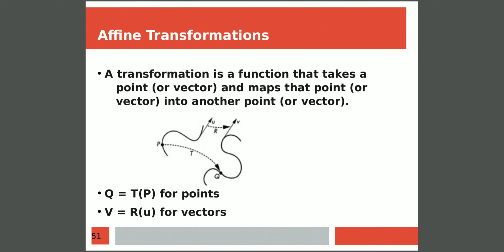In the same way, here we have considered a vector called U. A vector is nothing but a directed line segment. When we apply a transformation on U, we are going to get a new line segment V. Then how can we represent this? V equal to R of U. When we apply a transformation, that is R, on the vector U, then we are going to get a new vector, that is V. This is nothing but transformation operations on vectors.